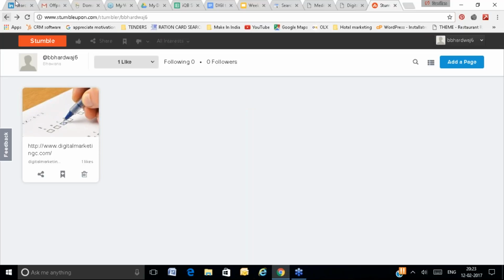There are so many loyal visitors of StumbleUpon, they can come and see your website. You will receive visitors. If your website is interesting enough, people can share it on other websites, and more people will add it to their bookmark list. If you want to delete it, you can delete it. So basically, you are generating backlinks for your website from other bookmarking websites. There are thousands of bookmarking websites available, and you have to submit your website on those particular bookmarking websites.